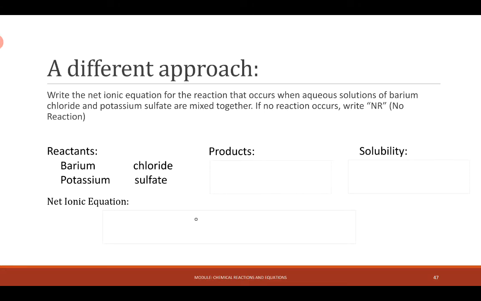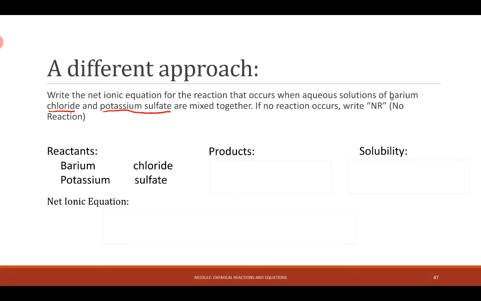Here's a slightly different approach to the same problem. We're given these chemical formulas in names, and we're asked to find the net ionic equation. And so rather than go through the whole process of finding the molecular equation followed by the complete ionic equation, I can skip straight through to the net ionic equation if I know what I'm supposed to be looking for. So I know that my first reactant is barium chloride,